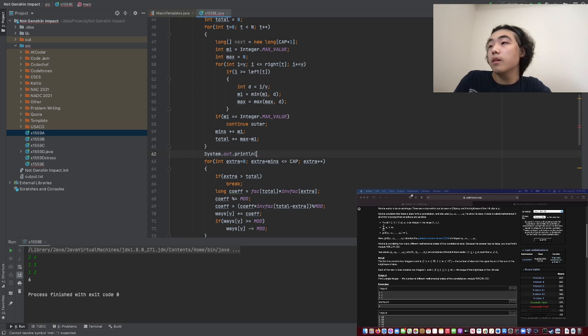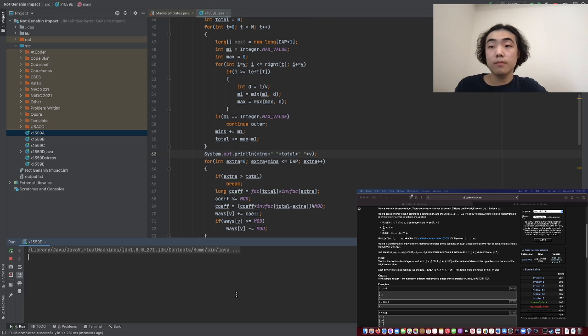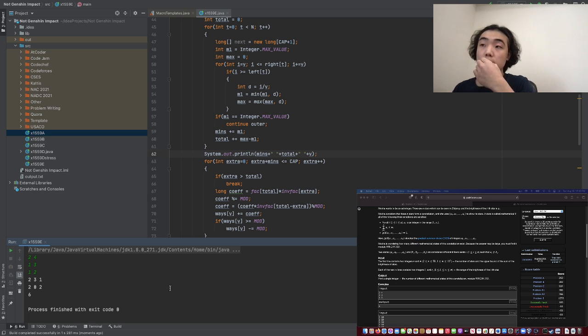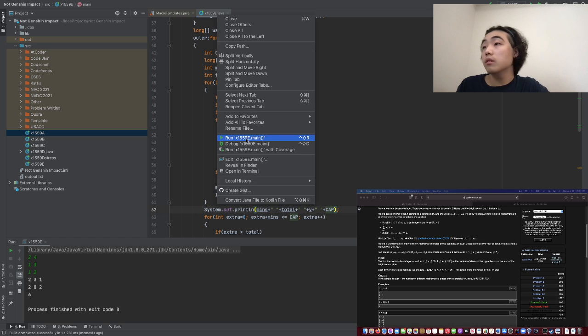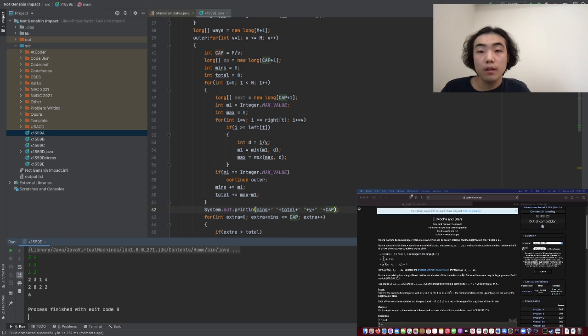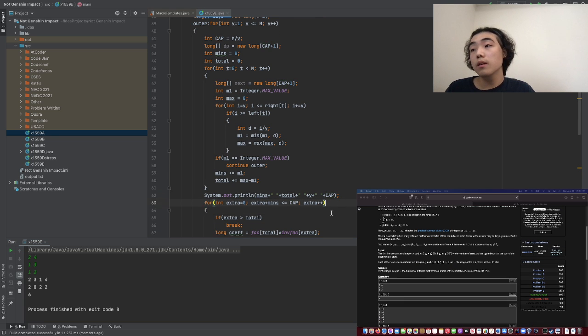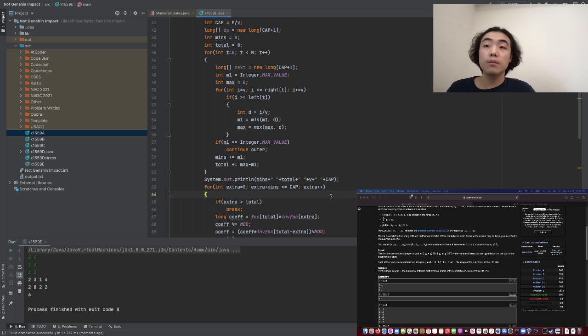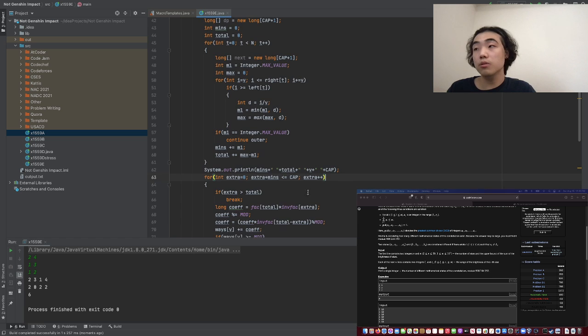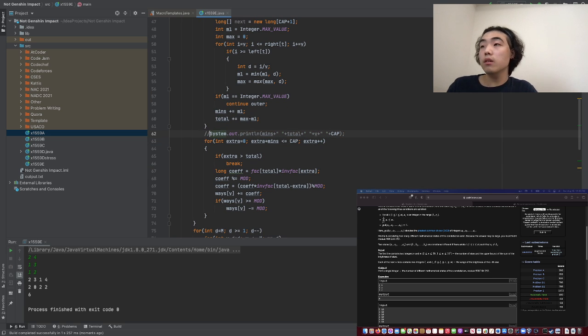Println mins plus total plus v. Mins, total. Yeah, we need to get a minimum of 2. The amount of extra total we can have is 3, but the capacity itself is at most, and here's at most 4, and here's at most 2. We can get a 1 and a 2, so we can get at most 2 things, but we have 0 extras, and the capacity itself is at most 2. So ways is now equal to